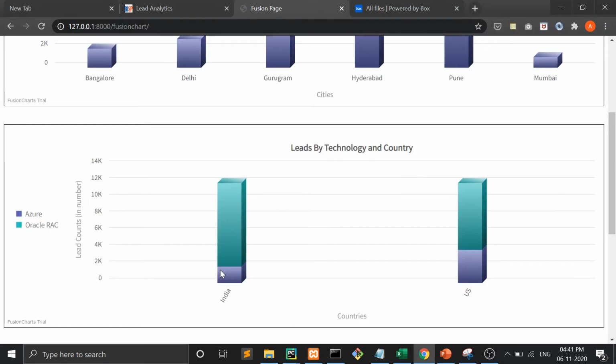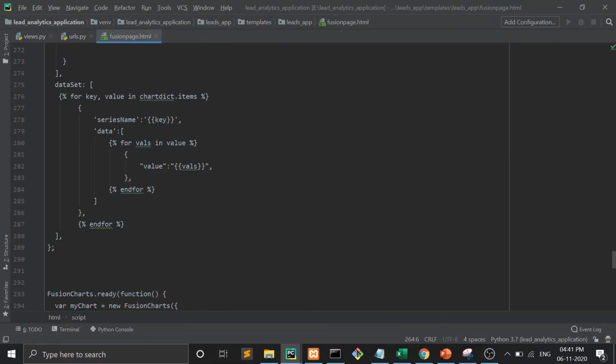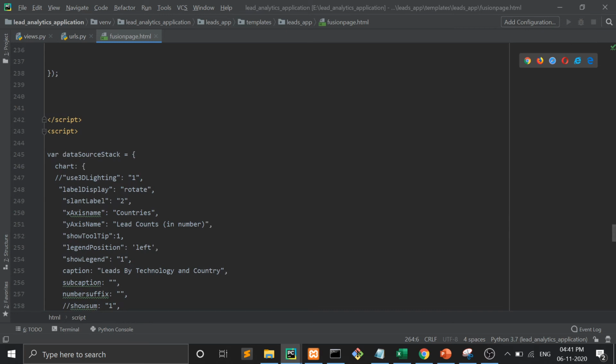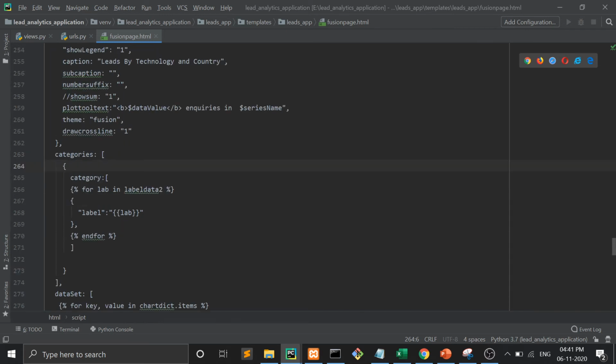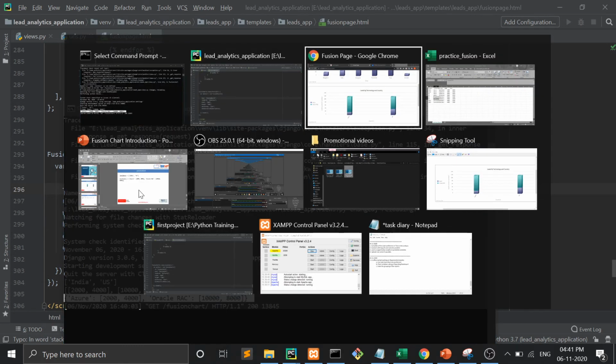Once you understand how to render the data, the same data can be shown in different charts. For example, where is the type? Stacked column. If I make it stacked bar, I want to show the data in a horizontal way.